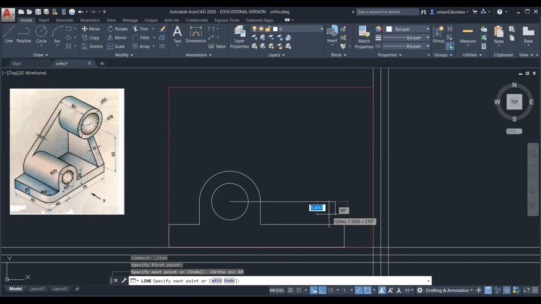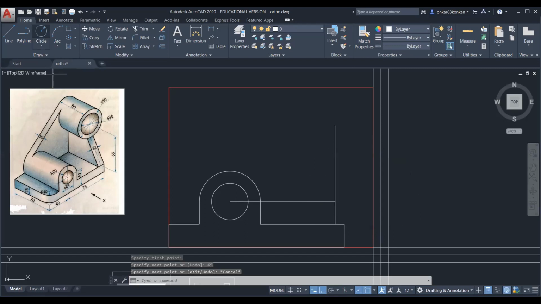Okay. And it is at 65 mm from this line. Okay. So you can extend this line. And then from this point, take the distance 65 mm. So this is the center point for these two circles.